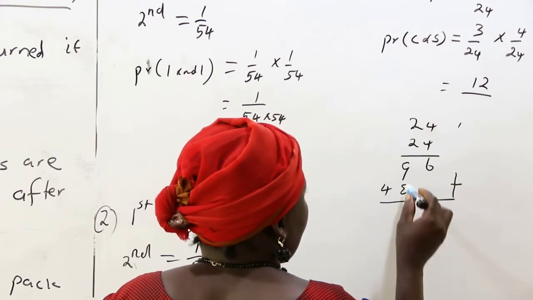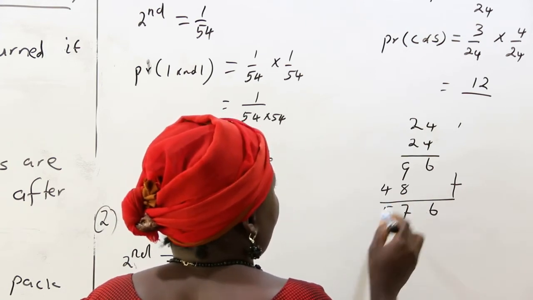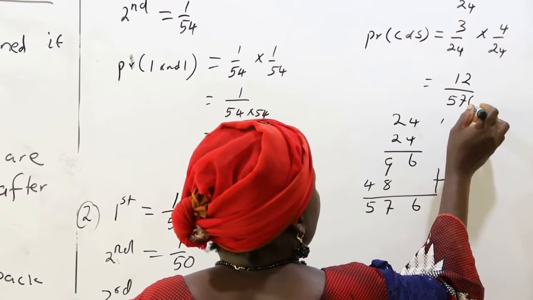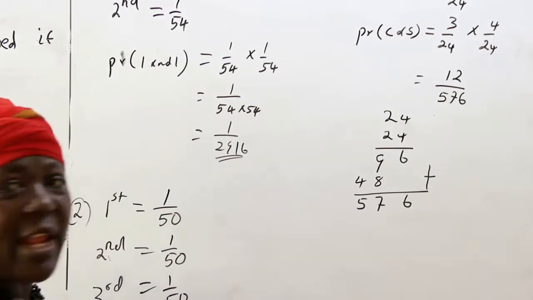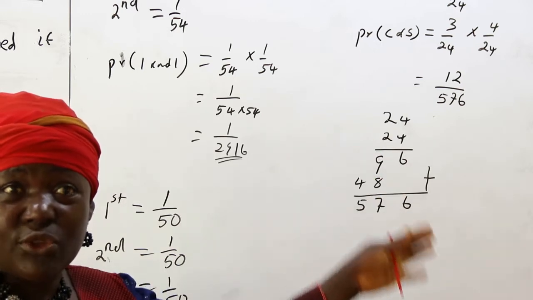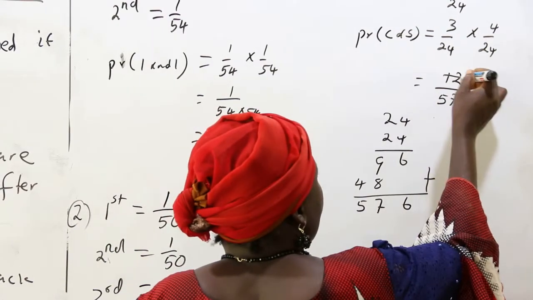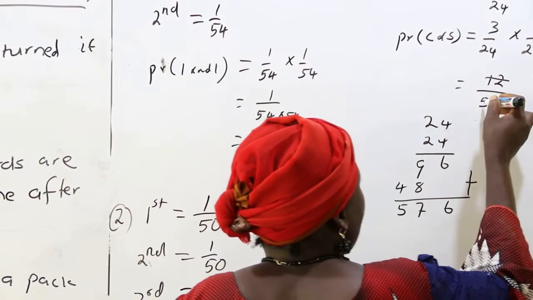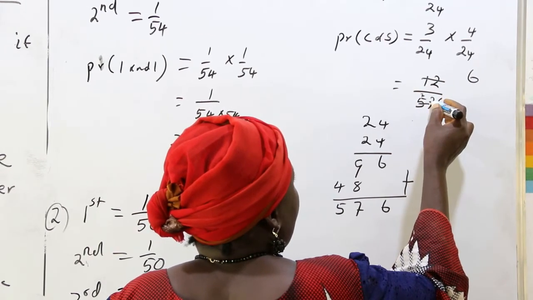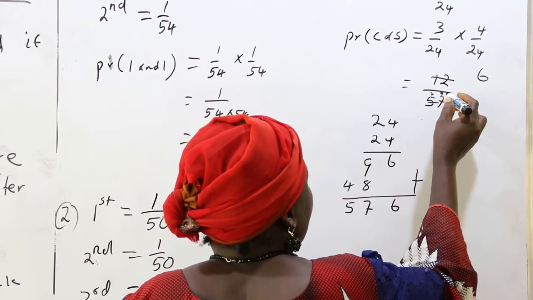So we have 6.9 plus 8, we have 17. And then we have 5. So we are going to have 12 over 576. If you look at the numerator and the denominator, they are both even numbers, so you can now reduce them to a simple fraction. 2 into 12, we have 6. 2 into 576: 2 into 5, we have 2, remainder 1. 2 into 17, we have 8, remainder 1. 2 into 16, we have 8. So over